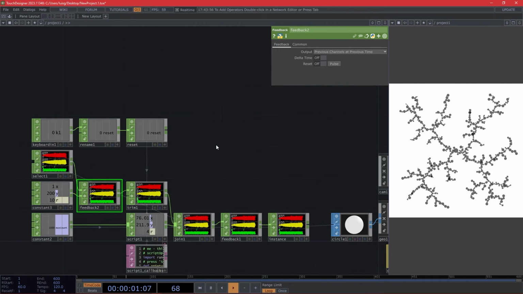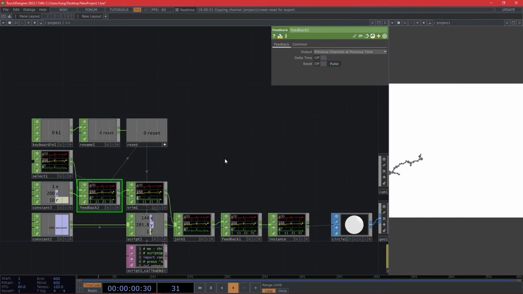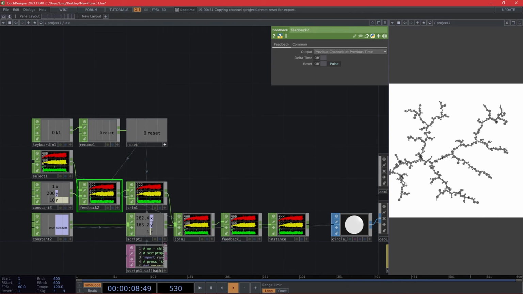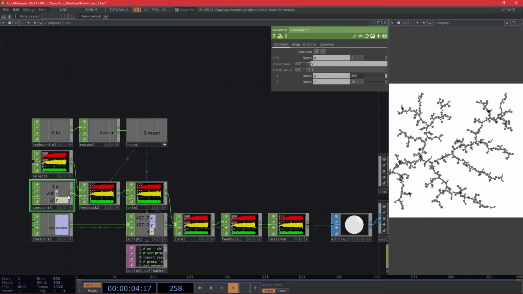The first value that we declare is the value that is stored in this feedback. So we need also to reset this feedback every time we reset our program. So now we can have the aggregation. This is a first circle that is on 1 on X and 200 in Y, and you can see how it changed the aggregation. Okay, also I'm gonna go back here to this 1 divided by 2 and